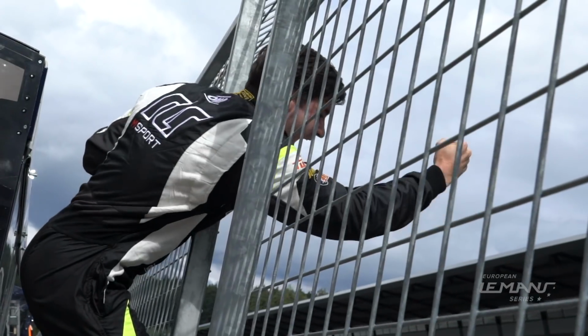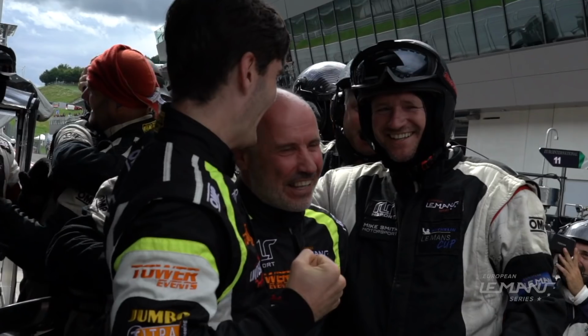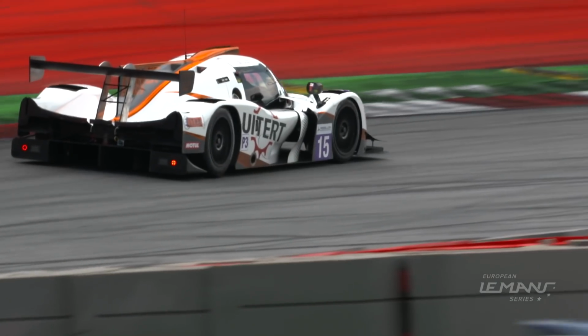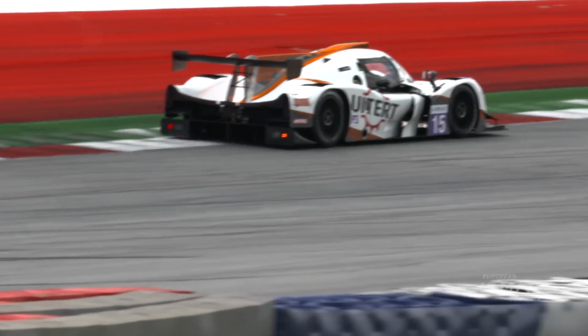Bouncing back from disappointment last time out at Monza, RLR M Sport were again on the top of the LMP3 podium. Yeah, it was definitely a really strong race. First 2 hours I had a good pace, and the team did an amazing job. No errors in all the pit stops, nobody set a foot wrong basically, so yeah, then you win a race